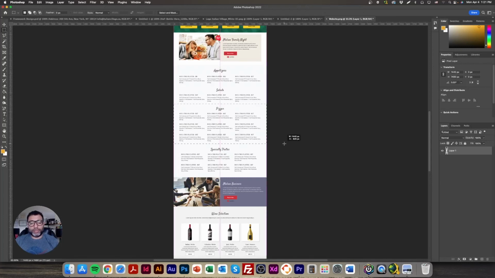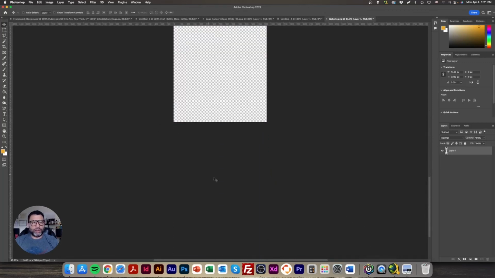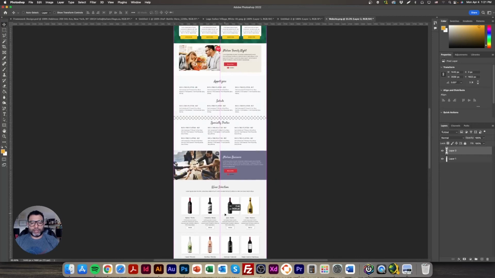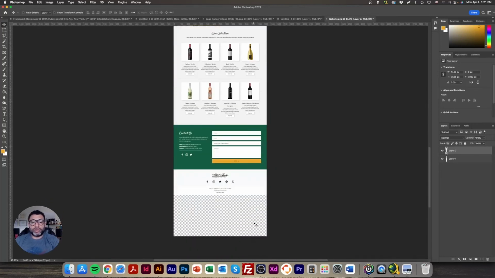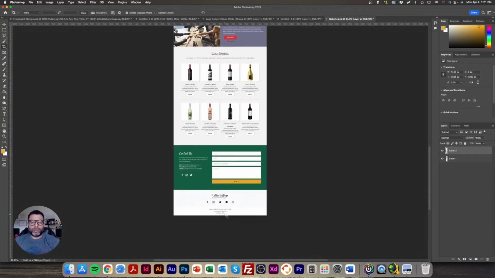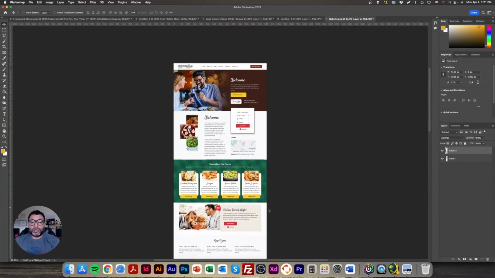Let me remove the pizzas, for example, right? Let me remove this section here, and let me move all this section all the way here. And let's just add like a shorter menu. See, even though it still looks good, let me just remove here. I'm just cropping here on Photoshop for you to have an idea, but even though it looks very professional, it's